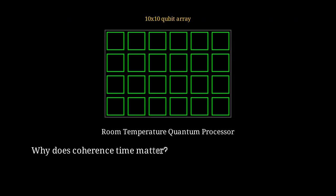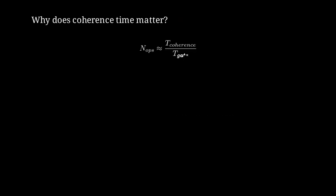Why does coherence time matter so much? Quantum algorithms require maintaining superposition states. Decoherence destroys quantum information, and longer coherence means more complex computations. The number of operations you can perform is approximately the coherence time divided by the gate operation time. With 1 millisecond coherence and 1 nanosecond gate times, we get approximately 1 million operations before decoherence, which is sufficient